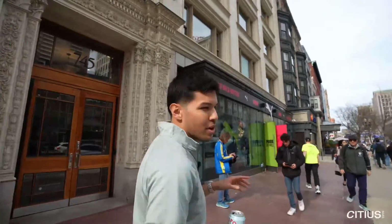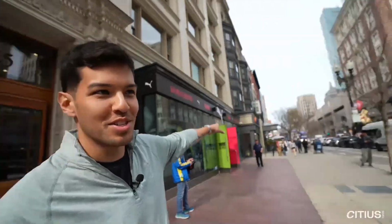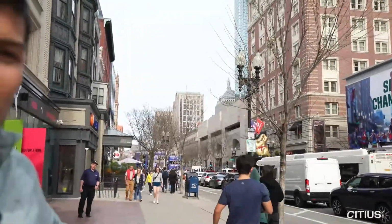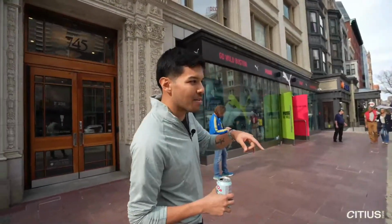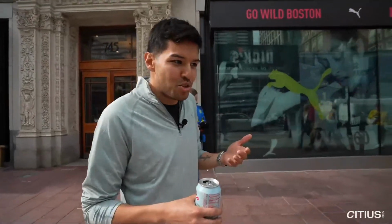Go. Camera. All right. We are here at 374 Boylston Street. We made it to Boston. Still got a little bit of color on me from Jamaica, but we're here because this weekend CITIUS Mag is with PUMA for the Boston Marathon. Look at how close we are actually to the finish line. This is like 200 meters to go. This is honestly where over the last couple of years the women's pro race has gotten decided. This is where people etch their names in the history books,